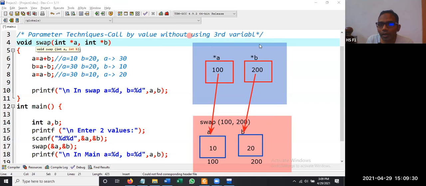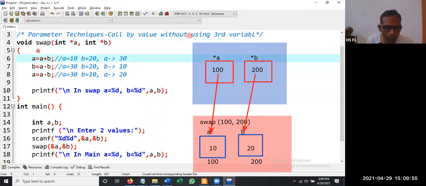Because we are dealing with addresses, A is holding the address of A, so it is holding the address of a variable whose memory is allocated in main memory. And B is holding the address 200, so it is capable of modifying this location. Using 100, if you modify anything, that will be reflected here. And using 200, if you modify anything, it will be reflected here. So in other words, let me comment this code.